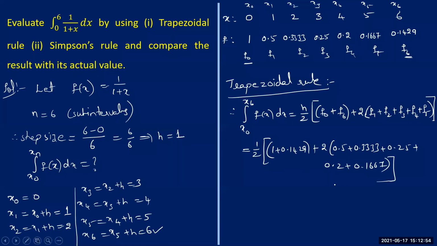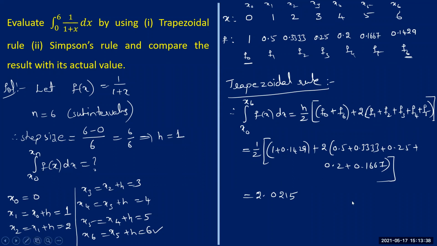So this ends the problem here. Now, you can use your calculator to simplify this. I'm just using my calculator. Be careful while adding all these values because there is some division also. Plus 2 times 0.5 plus 0.3333 plus 0.25 plus 0.2 plus 0.1667, divided by 2. So I got 2.02145. I'm just taking it as 2.0215 here. So this is the value of that definite integral when we use the trapezoidal rule.